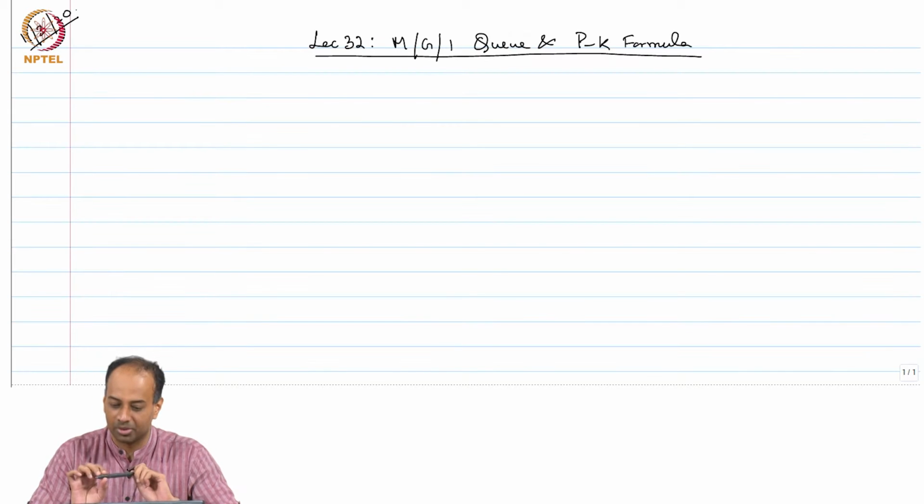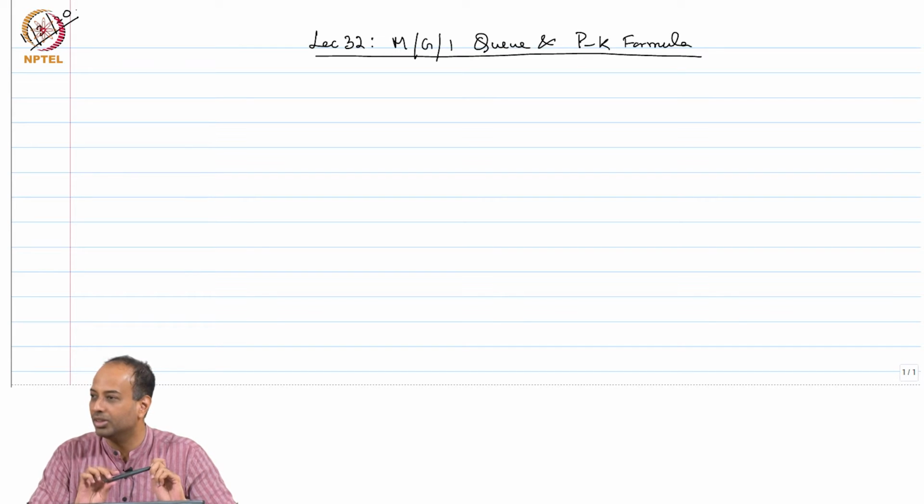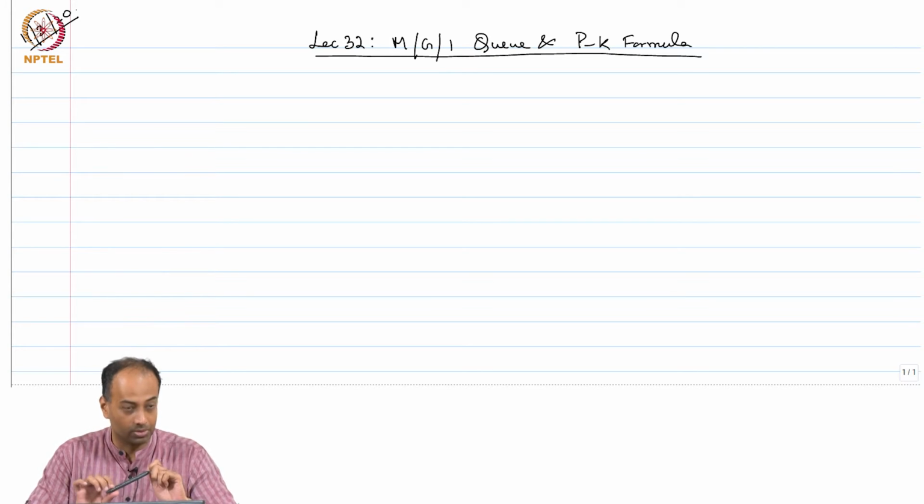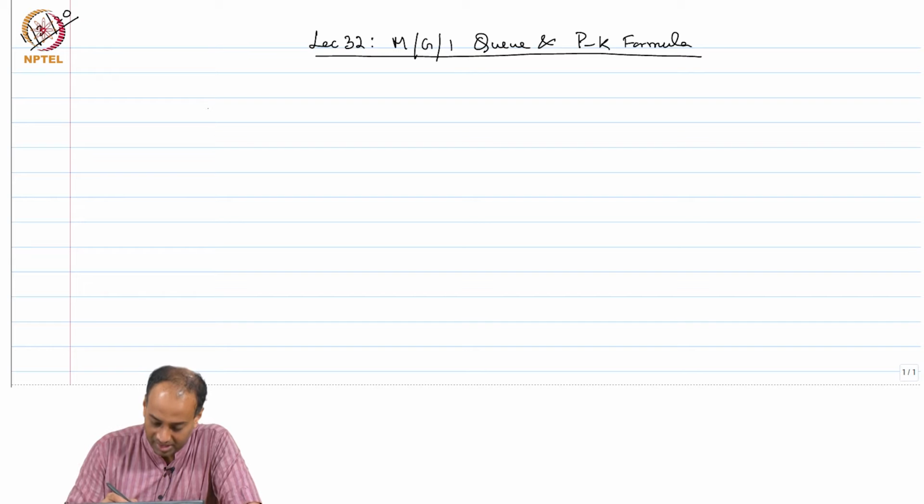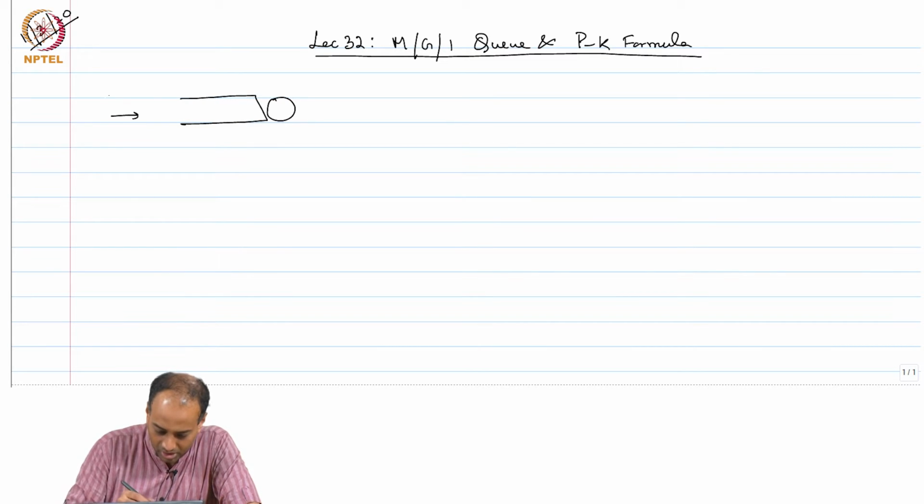Welcome back. So, we were discussing the M/G/1 queue and we were on our way to deriving the PK formula, the Pollaczek-Khinchine formula, which gives us the expected waiting time in an M/G/1 queue. Just recall that you have this M/G/1 queue, first come first serve, arrival process is Poisson of rate lambda,